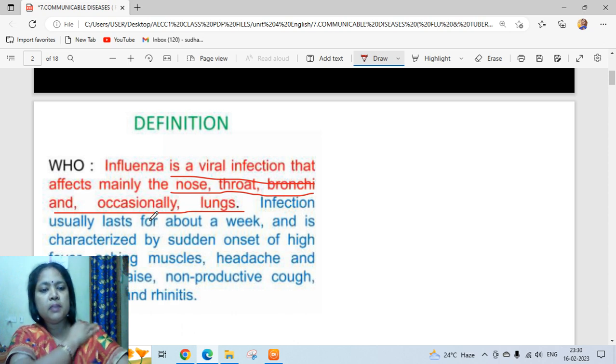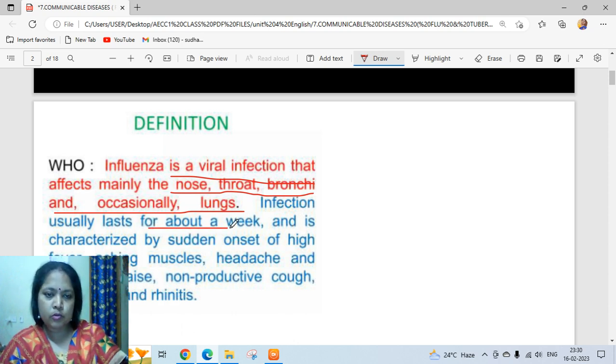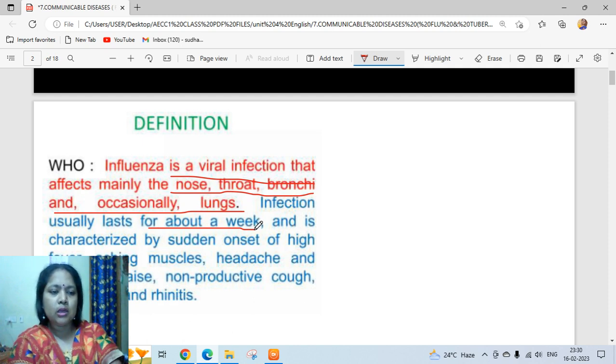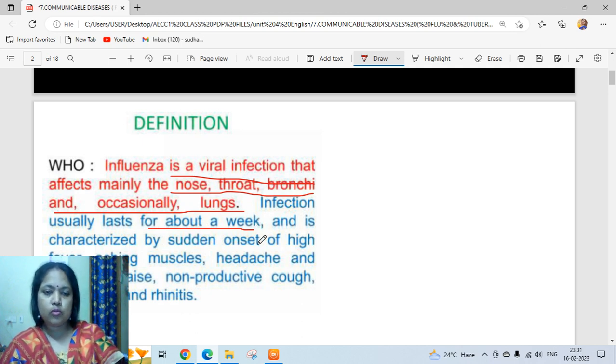The infection usually lasts for about a week. If you are affected by flu or influenza, it will remain with you for about a week, minimum, and is characterized by